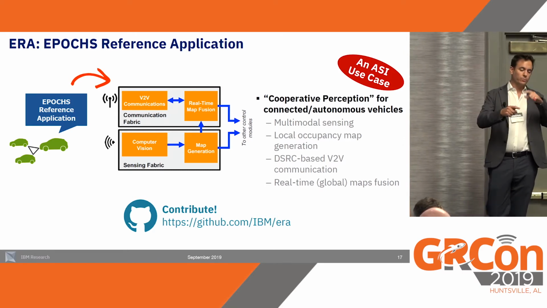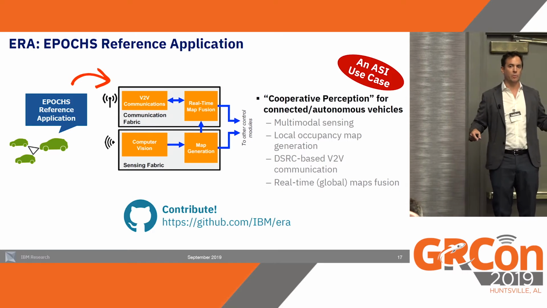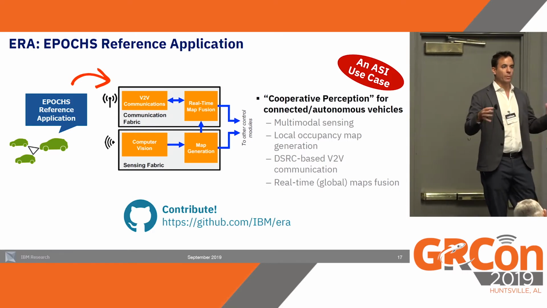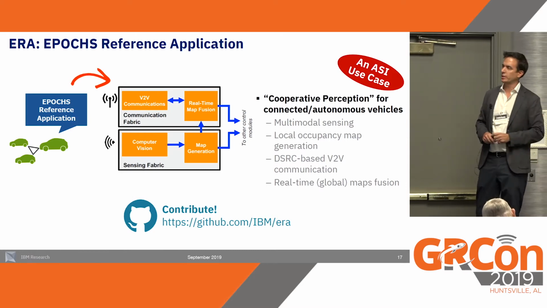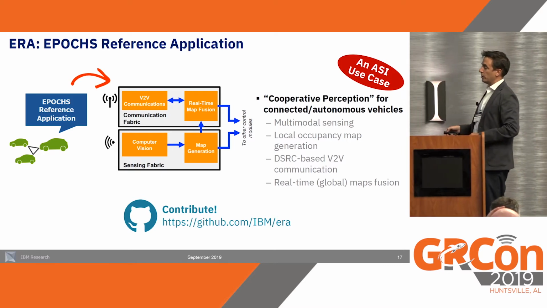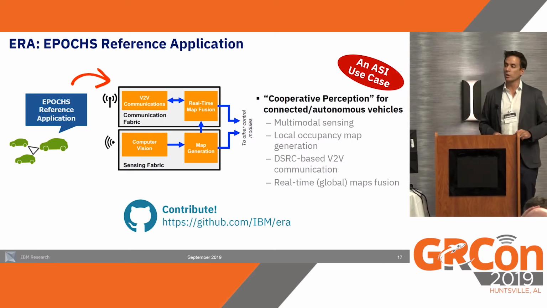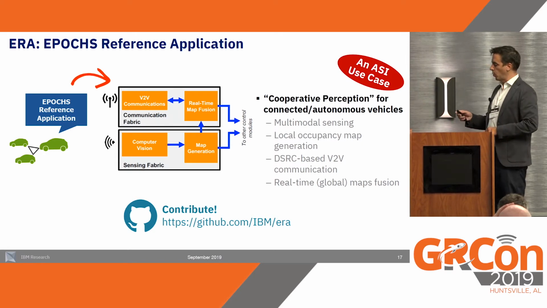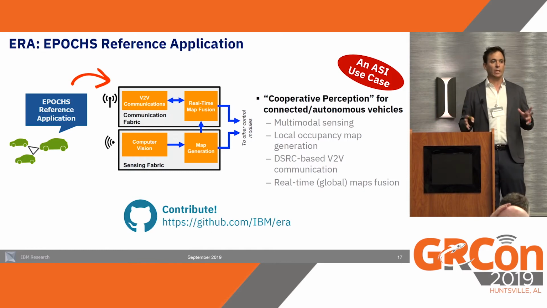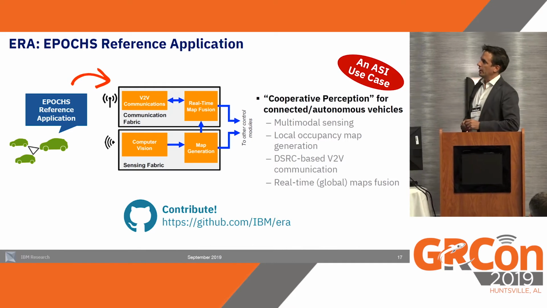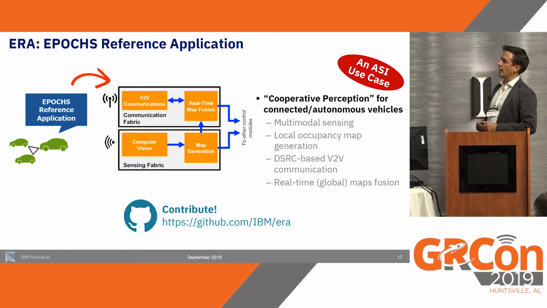In this case, we are using two-dimensional occupancy grid maps, where the car is centered in a two-dimensional grid map with information about obstacles around the car. So very simple in this initial version. The sensing fabric is mostly implemented using the Robot Operating System, ROS. So we are integrating together these two worlds, radio and ROS, in the same software platform. ERA is one specific adaptive swarm intelligence use case. Maybe a simple one, but still one specific implementation of the ASI idea.